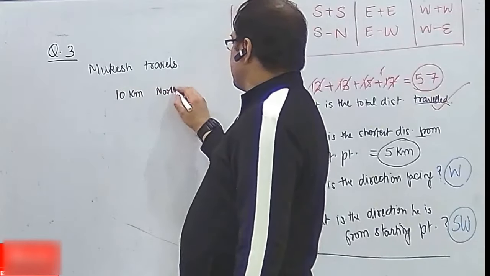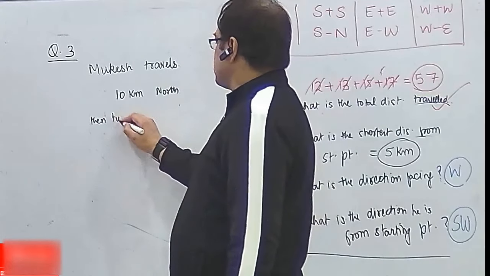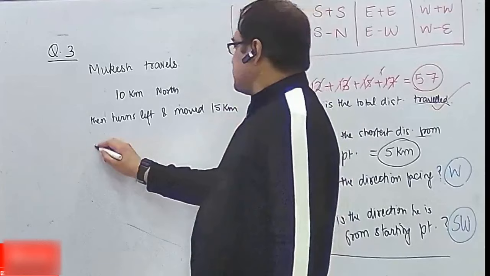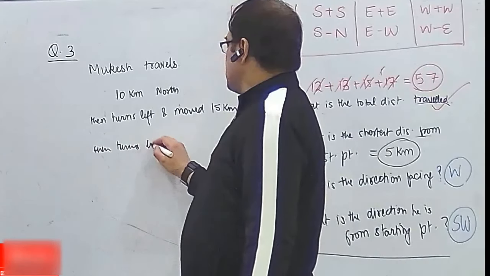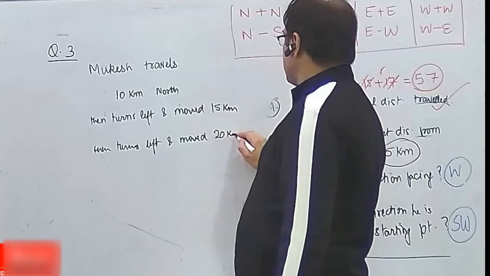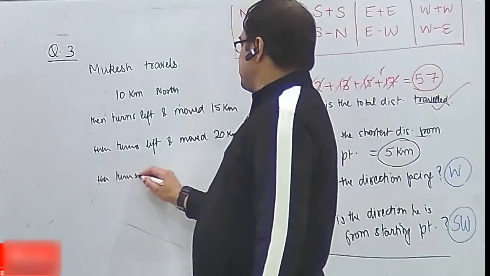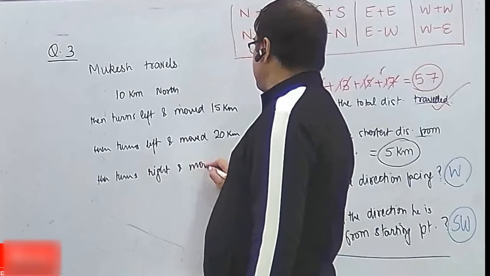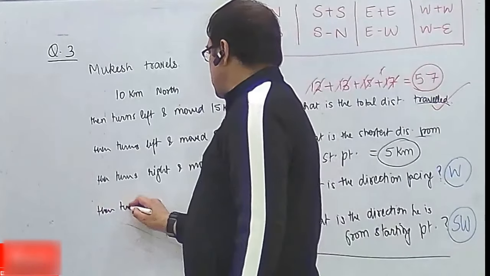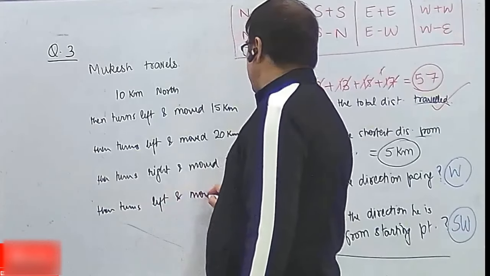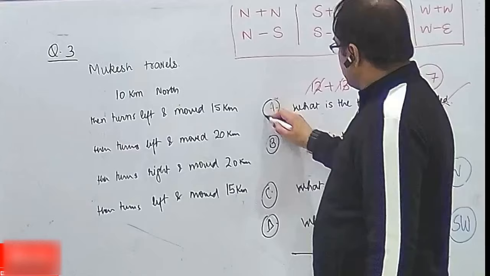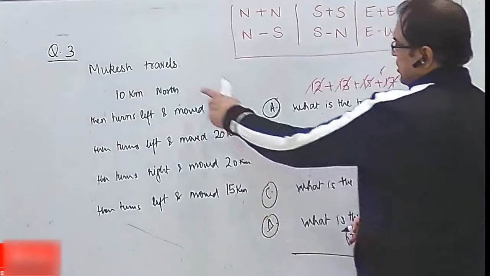10 किलोमीटर्स नॉर्थ, then turns left and move 15 kilometers, then turns left 20 kilometers, then turn right 20 kilometers, then turns left 15 kilometers। ओके, ये स्टूडेंट ये सिचुएशन है मुकेश के साथ, उसने इतना इतना टर्न किया,